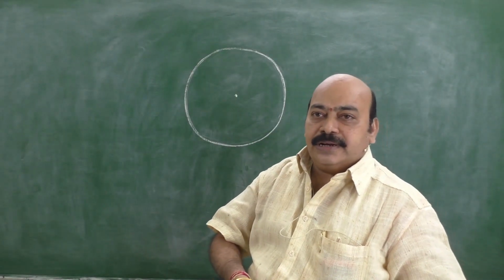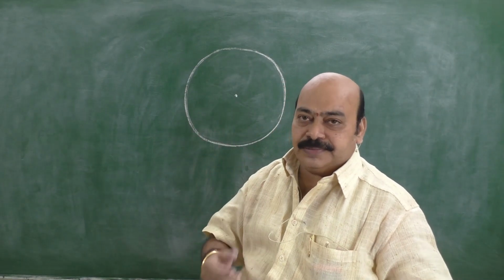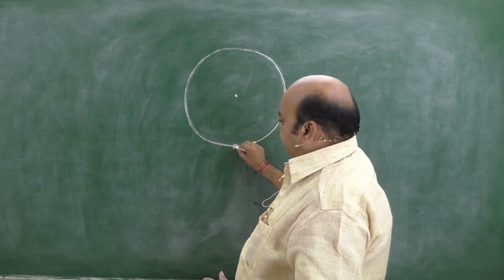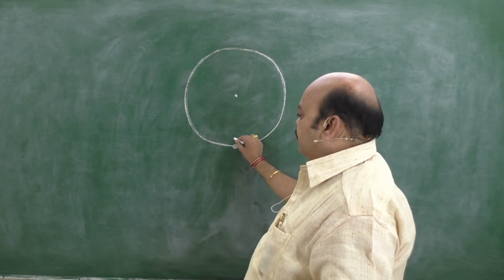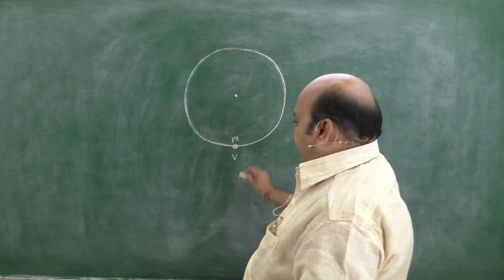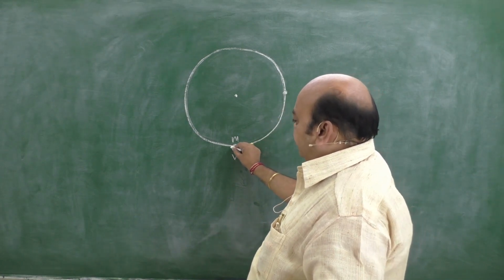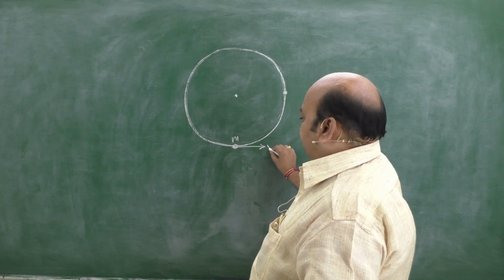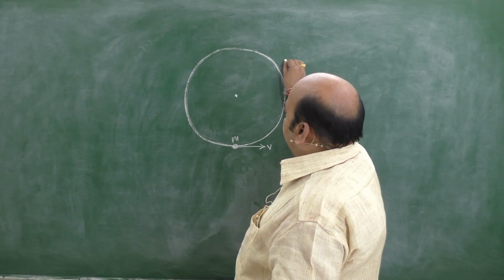Now I am going to measure the change in momentum in the case of a body moving in a circular path. Consider a body describing circular motion. It is moving along the circumference of the circle with a velocity v, whose mass is given as m. At any instant of time, its velocity is represented by the tangent drawn at that point. That means it acts tangentially. It is the direction of the velocity. When the body is at A, its velocity is given along this tangent.